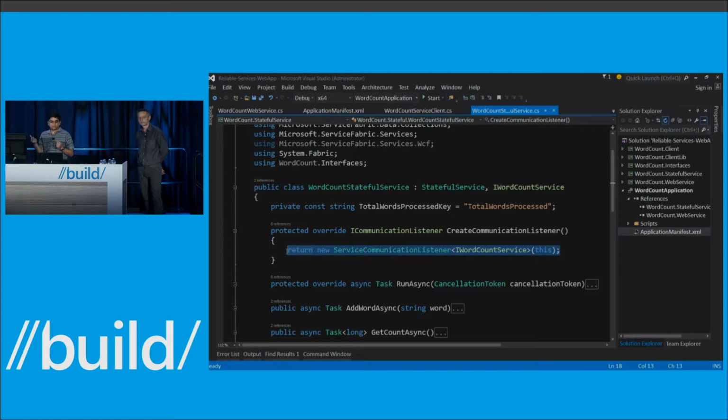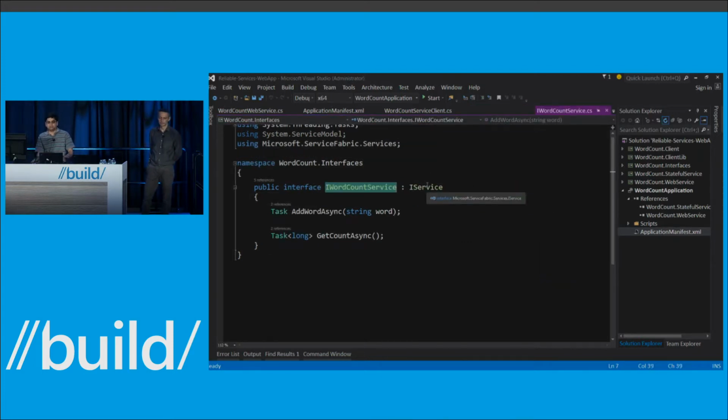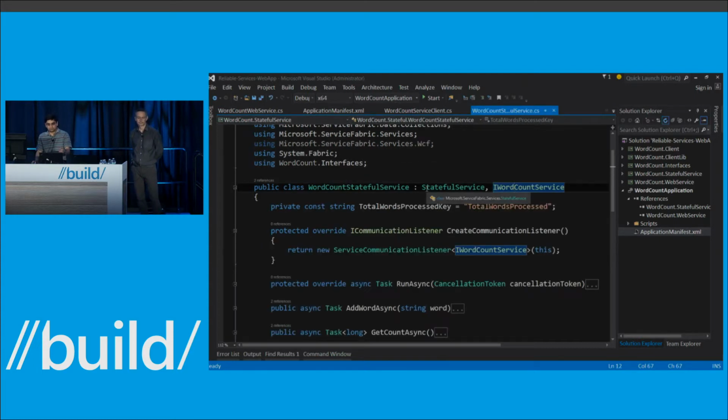Remember, in the previous case where we were using WCF, I had to implement some code. I had to implement that word count service client, derive it from a service partition client, and do a bunch of work. No longer do I have to do that. Basically, if I use the service communication listener, just like ActorProxy.Create of IActor interface, I can do ServiceProxy.Create of IService interface, and I'm done. I will get a transparent channel to my service, which actually provides location transparency. And so the contract looks exactly the same, except that there are no WCF DataContract or OperationContract attributes. Instead, it's deriving from IService.